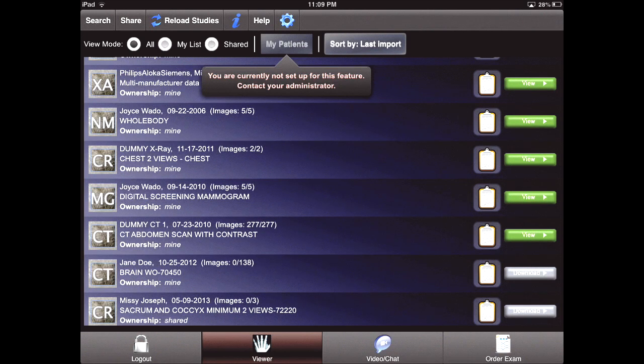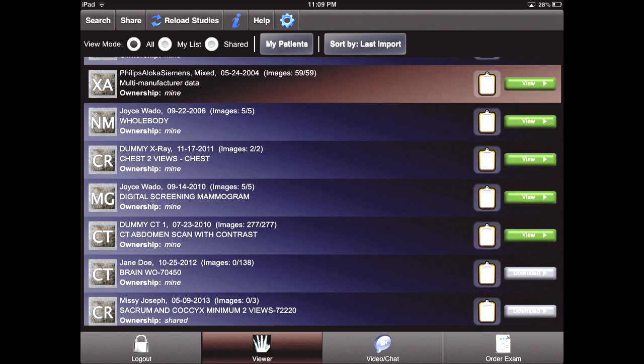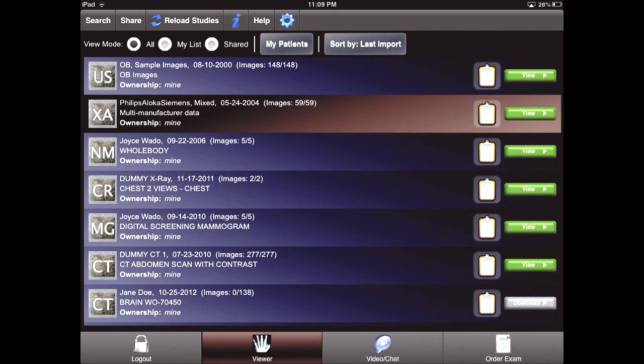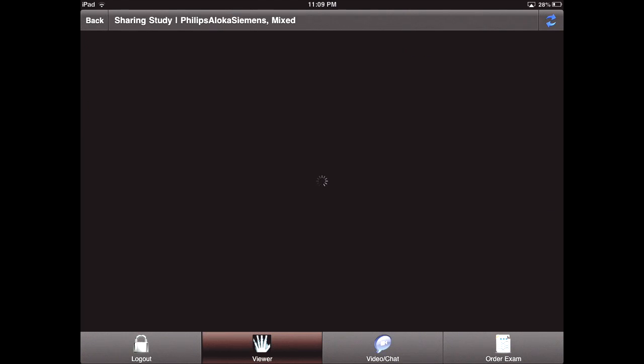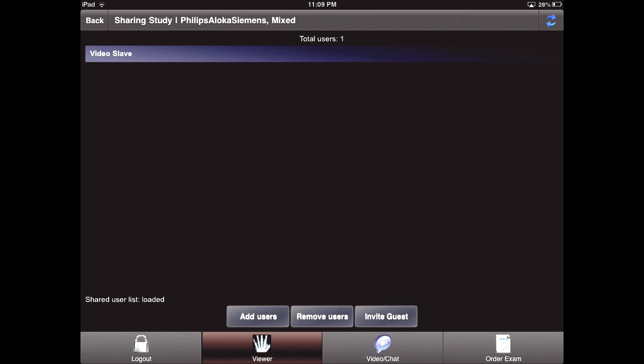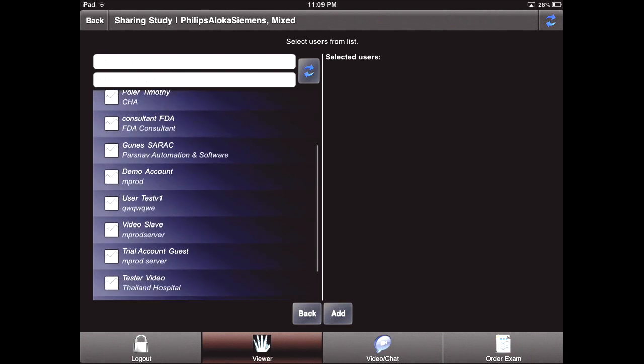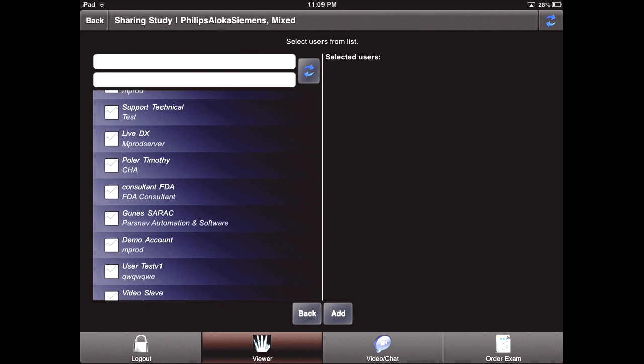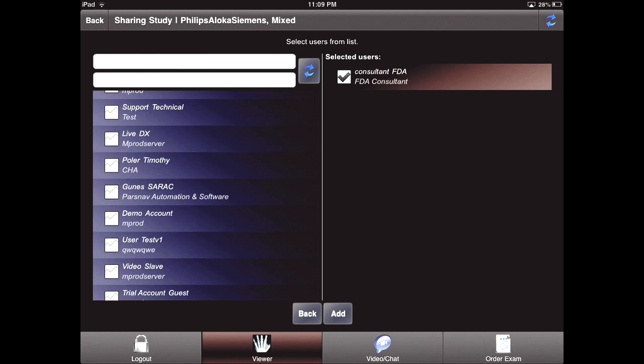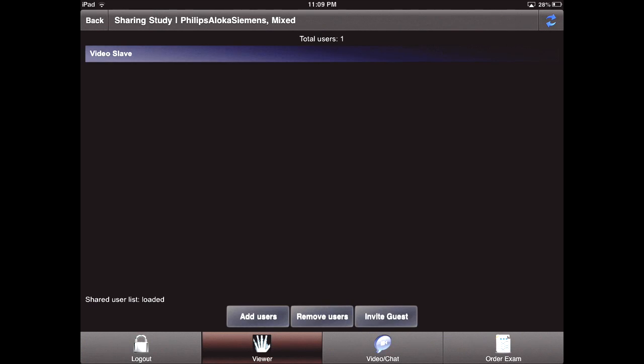You can share. One great thing about this application is it allows you to share your studies. Let's show you how that works. Now, you can add a user. I have a user added here. Simply add a user from your network. Here we go, all the names. You can select one, for example, and add them. Let's go back. Once added, an email will be sent, and that user will be able to view those studies